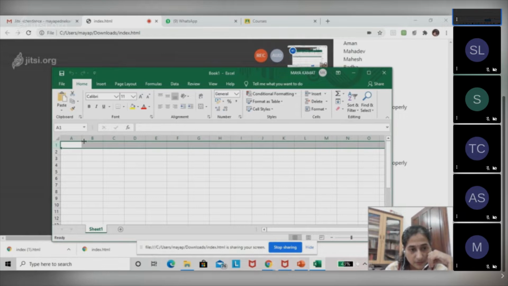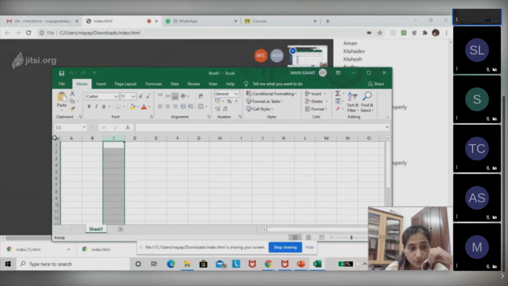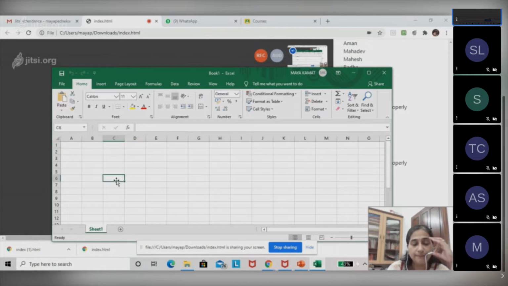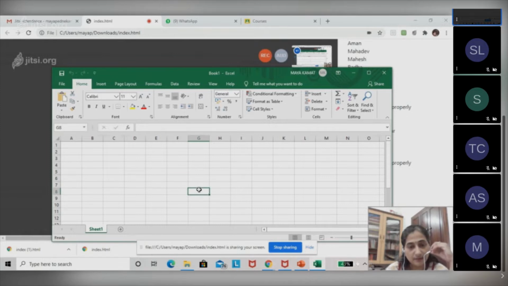So now, as I mentioned to you, the columns are labeled from A and it goes on. These are called column headers, and the rows are labeled from number 1 and they're termed as row headers. Each box that you see over here is termed as a cell.